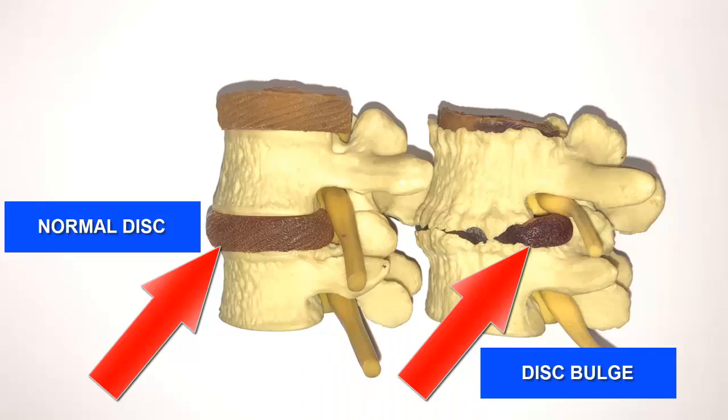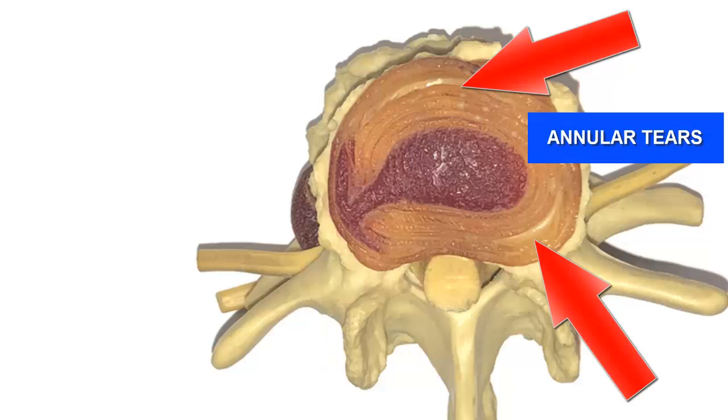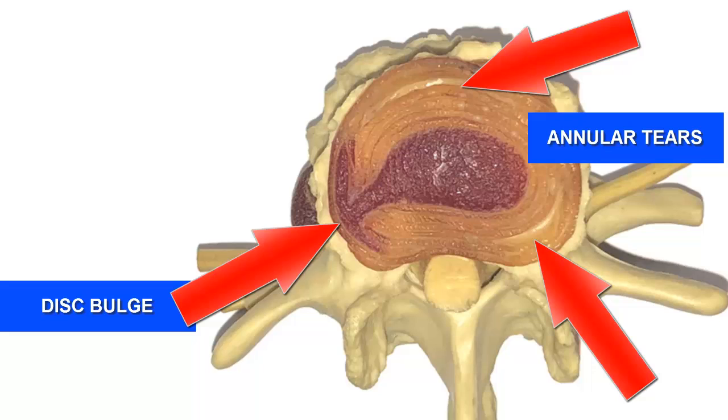However, when the spine is now shifted out of alignment and this misalignment becomes chronic. It's been there for years. There's now an uneven load distribution on those discs that accumulates over time and eventually causes damage to deteriorate those discs, causes degeneration of those discs, and they literally wear out over time. This can lead to tears in the disc called annular tears and eventually result in a disc bulge.